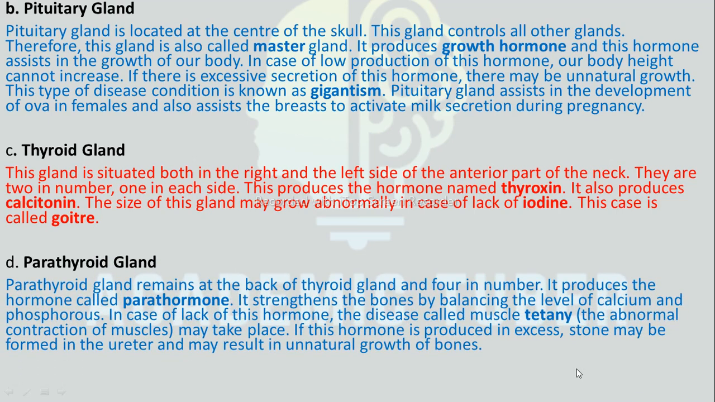Parathyroid gland. The parathyroid glands remain at the back of the thyroid gland and are 4 in number. It produces the hormone called parathormone. It strengthens the bones by balancing the level of calcium and phosphorus. In case of lack of this hormone, the disease called muscular tetany may take place. If this hormone is produced in excess, stones may be formed in the ureter and may result in unnatural growth